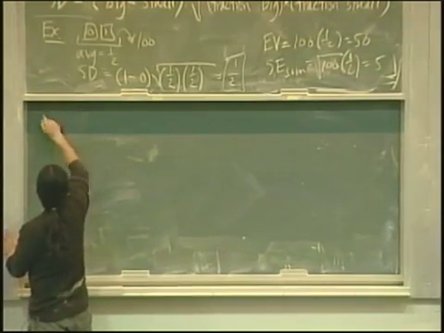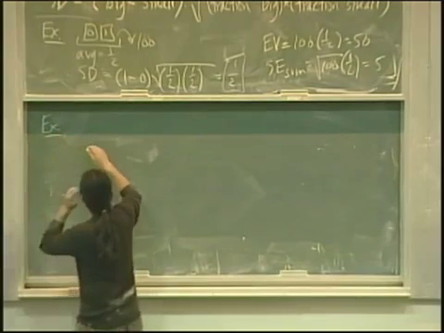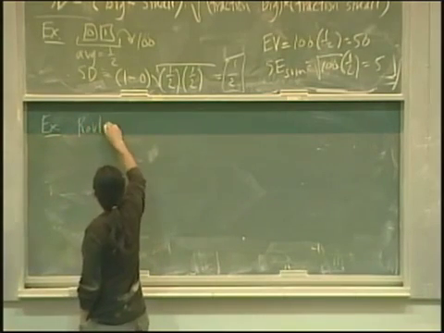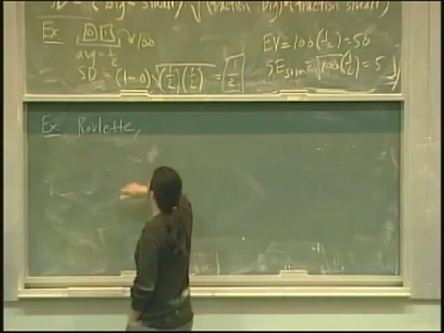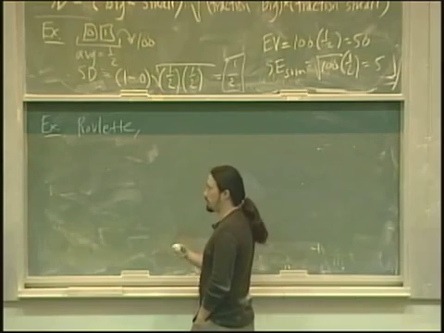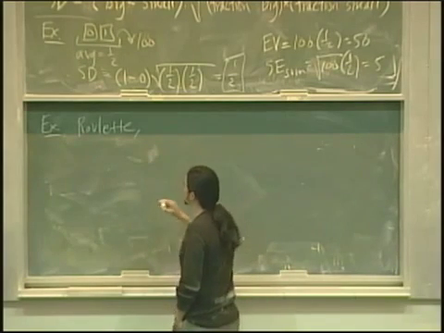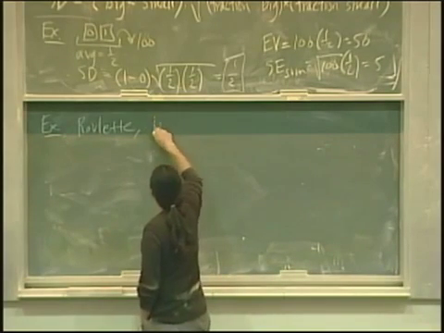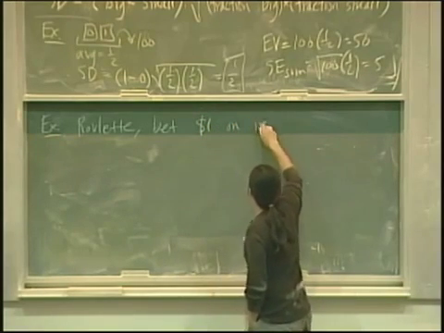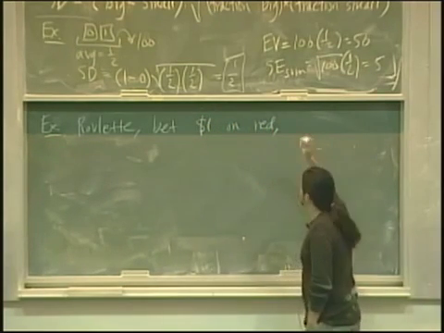suppose we play roulette, a slightly more complicated example. You don't have to know anything about roulette. If I ever want to give you problems on roulette, I'll explain it. It's discussed in some detail in the book. And suppose I bet $1 on red. And I'll just make it 100 bets.